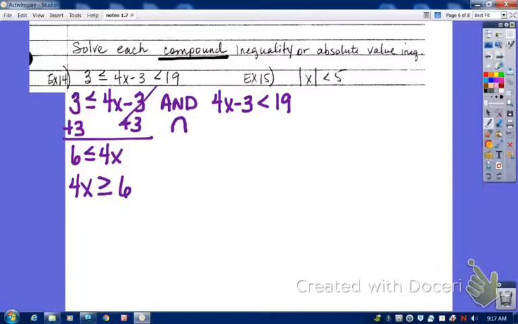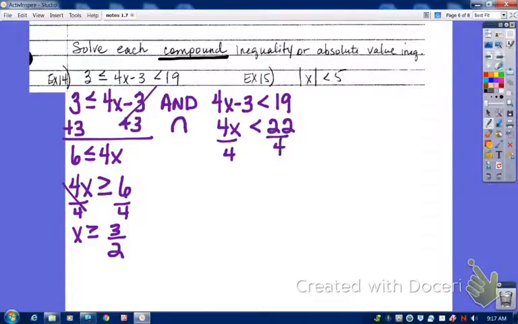Especially graphing. Divide both sides by 4, reduce, and you get x is greater than or equal to 3/2, or 1.5. Doesn't matter which one you use there. On the right-hand side, we're going to add 3 to both sides. We're going to get 4x is equal to 22. We're going to divide by 4, and reduce, and we get x is less than 11 over 2. So we're graphing all the numbers that are greater than or equal to 3/2,